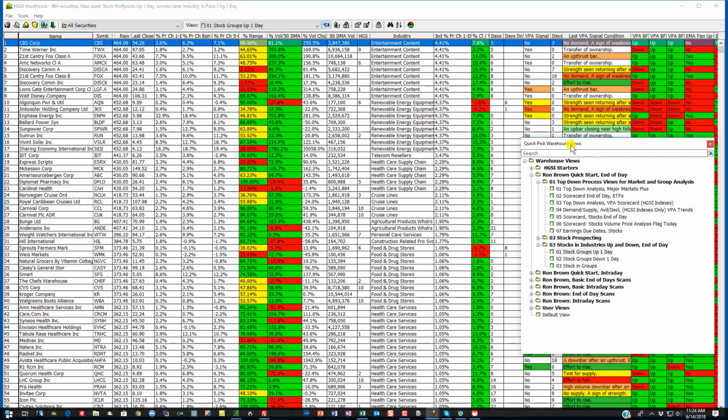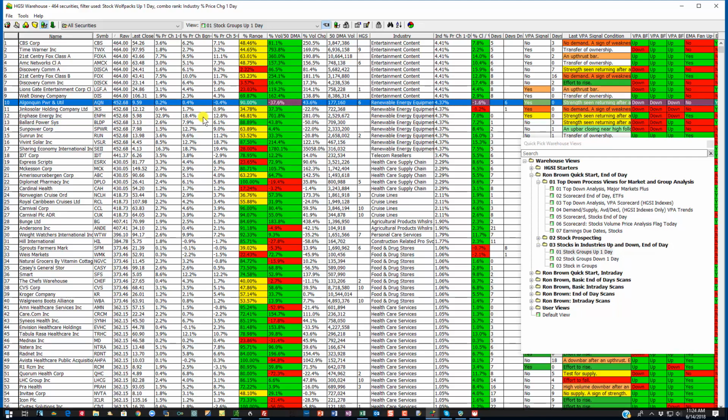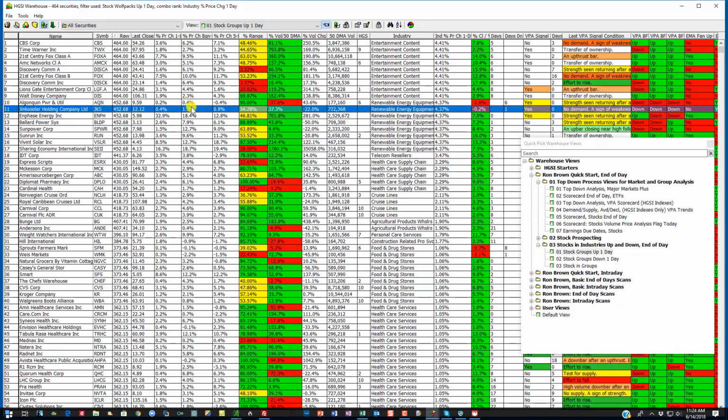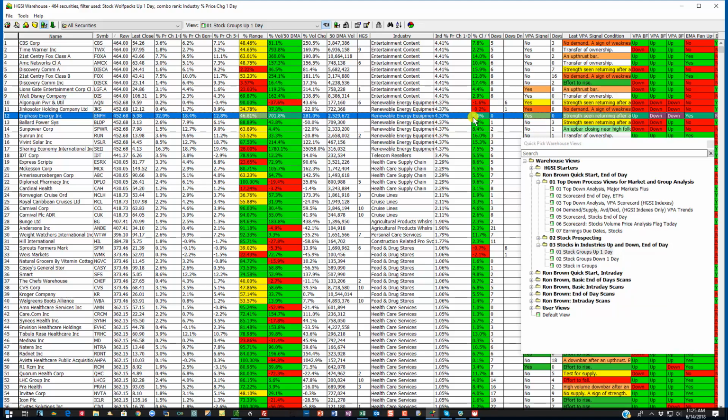I really wasn't paying attention myself, but let's go down here to renewable energy. Now these two stocks were up yesterday, but they still have a negative volume point of control. But they did move up slightly, 0.4 and 1.7. Now these stocks were all up yesterday, and this in-phase energy